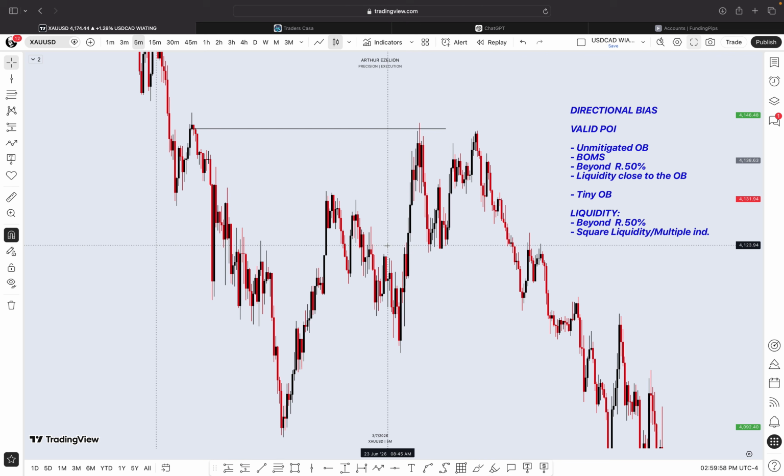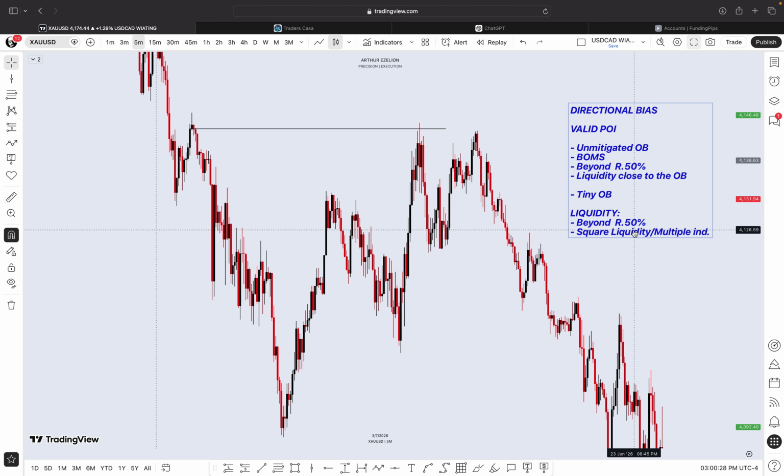Now, is it beyond 50%? Depending on how you want to mark your range, but obviously it's beyond 50%. It's actually the extreme order block we are taking, and it's a tiny order block. I like tiny order blocks. I noticed that a tiny order block usually gives an explosive price move. That's my own observation, especially in gold. This whole backtesting that I did was on gold,